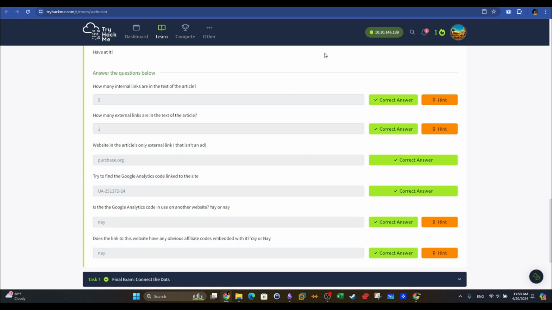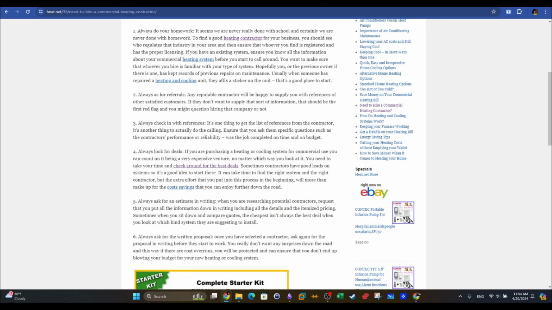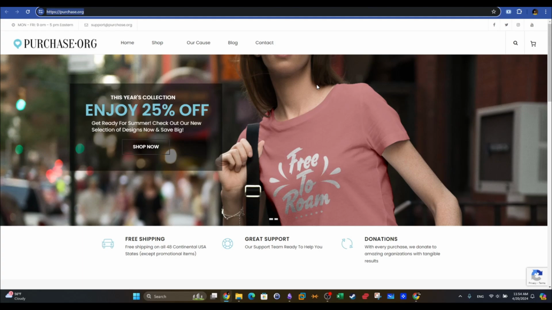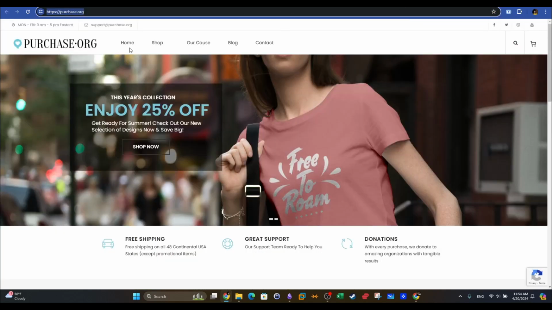Does the link to this website, meaning purchase, have any obvious affiliate codes embedded with it? Affiliate codes are codes that are used to track the clicks on the link. Usually affiliate marketers use them when they have a deal with another company. So company B wants to track the clicks coming from, say, he.net. In our example, purchase wants to track the clicks coming from this anchor text found on he.net. So they would come and say, okay, you can embed